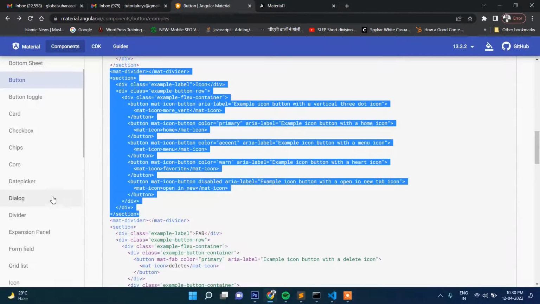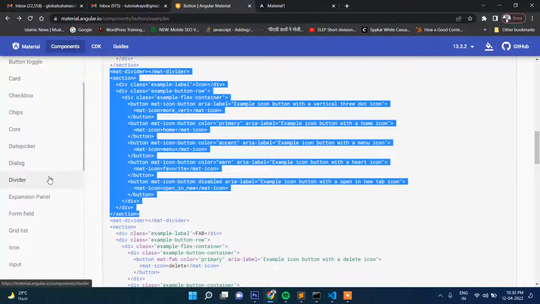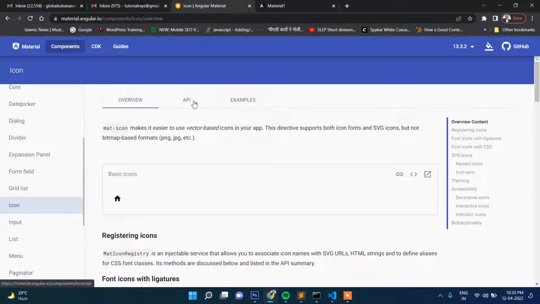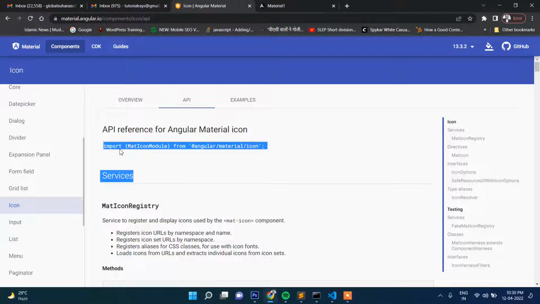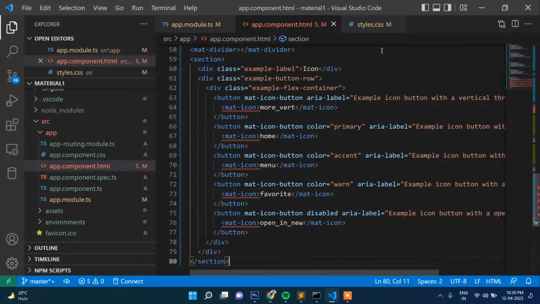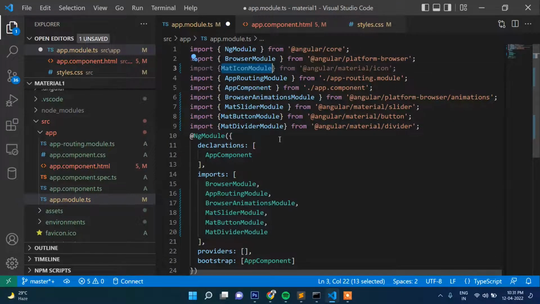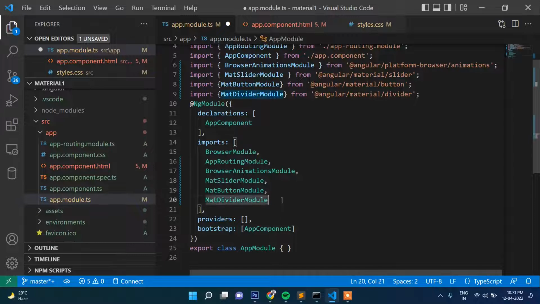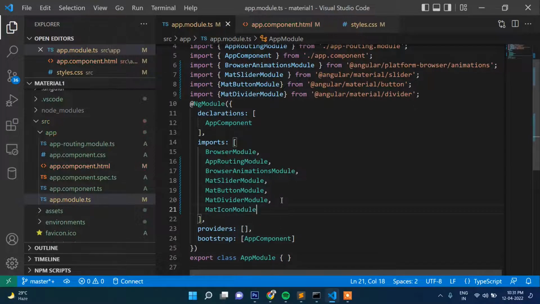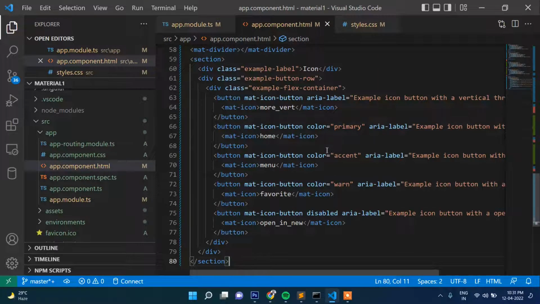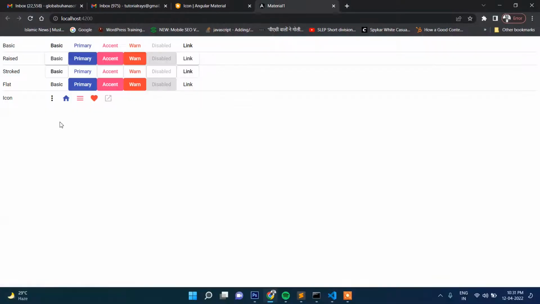So what we need to do here, for icon, just copy this one once again, and then once again paste here in the app module, and then here MatIconModule. Now the error is gone. So what is here? We can place icon as well. For example, if you want to see here,